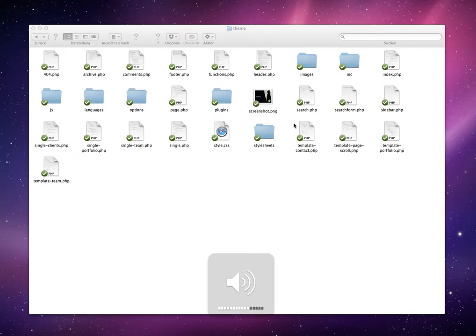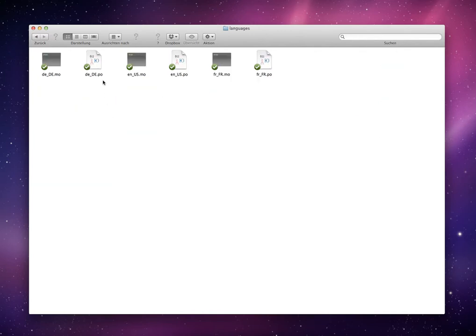In this video, I'm going to tell you a little bit more about the language files that come with Silvio and how to activate a different language in your theme. If you take a look at the folder you purchased from ThemeForest, there is a language folder, and if you click on it, you'll see different documents here, one for German, one for English, and one for French.